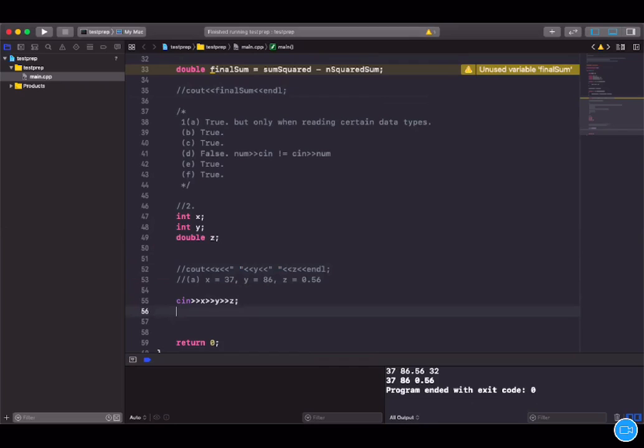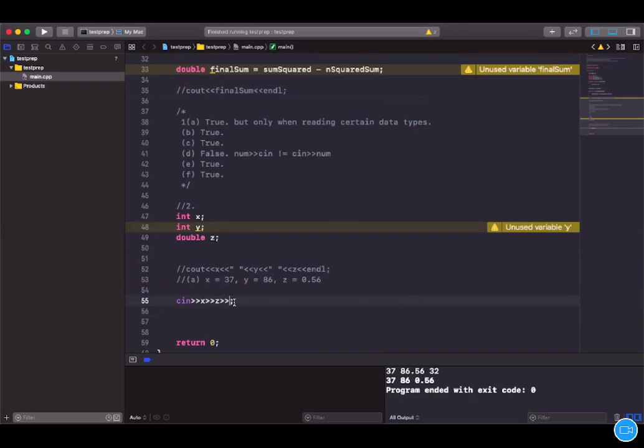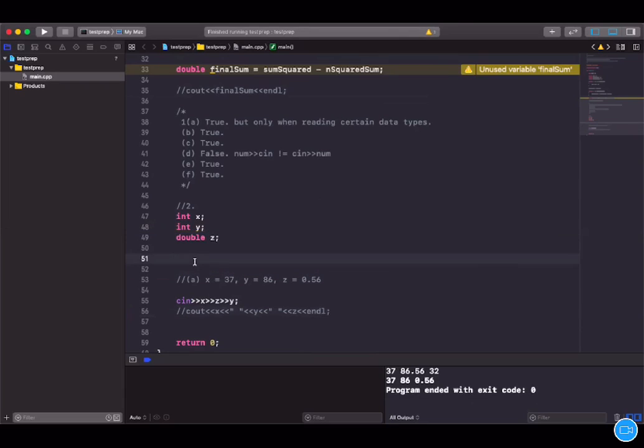I'm taking in X, then Z, then Y. Oh, sorry. Let me cut and paste this here. This one was when we see in X, Y, Z. This one is where we're going to see out X, Y, and Z. Okay, cool. I'm going to run this,